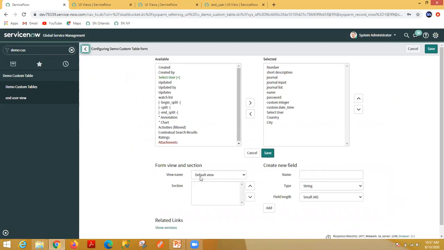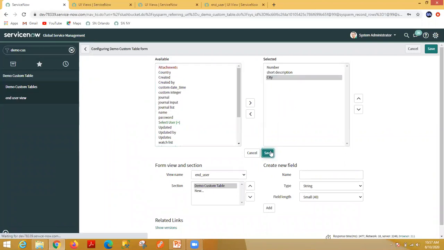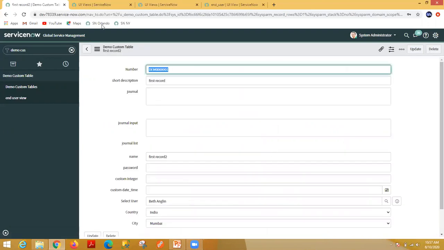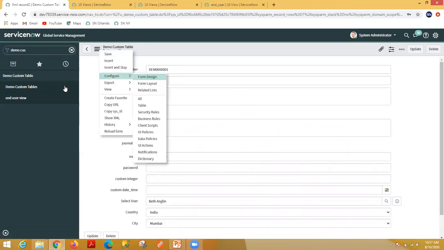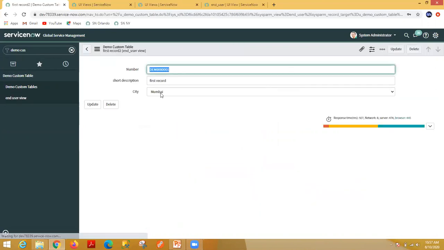Okay, so you can see currently the default view is selected. Select the end user view, add, let's say suppose, city here, save this. So now you'll see the third field in the view. You can see here, click on this, you can see the third field. Okay.